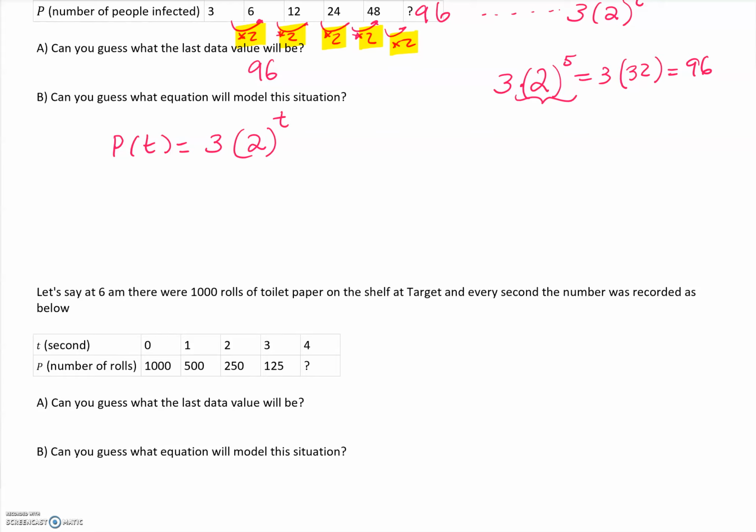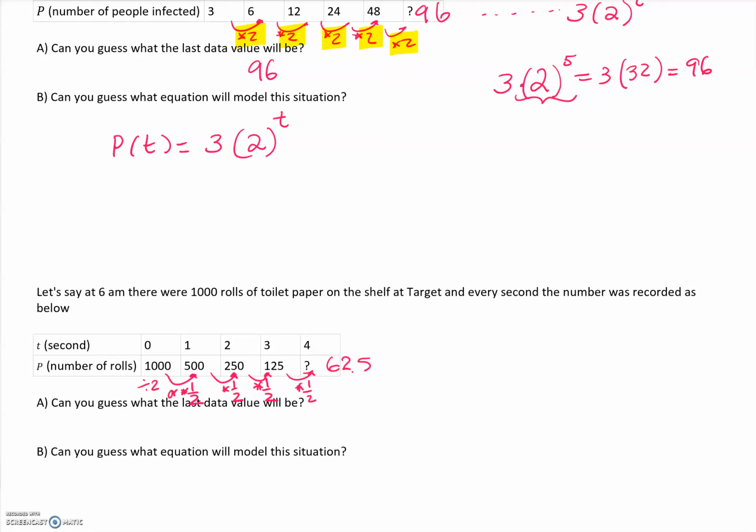So can you guess about how many rolls there would be for the 4th second? So similar to the previous one, if we follow the pattern, it looks like I'm dividing by 2, or in other words, I could think of that as multiplying by 1/2 to get from 1,000 to 500. Then I'm repeating that again, multiplying it by 1/2 to get to 250, and then multiplying it by 1/2 again to get to 125. So if I follow that pattern, either multiply by 1/2 or divide by 2, same thing, looks like I'm going to get to